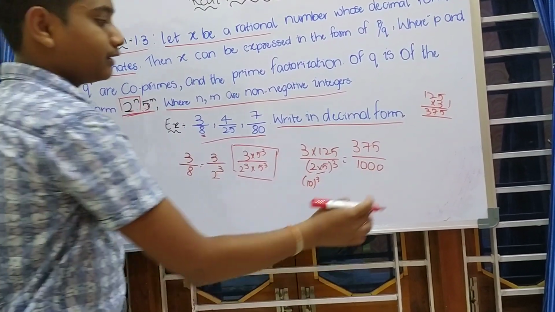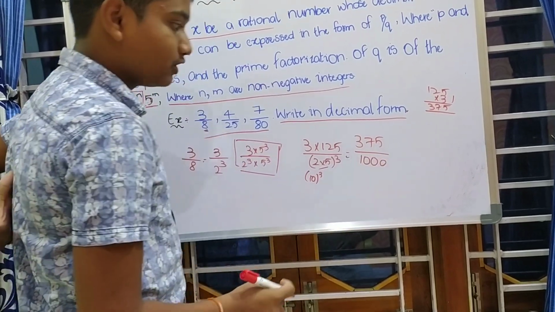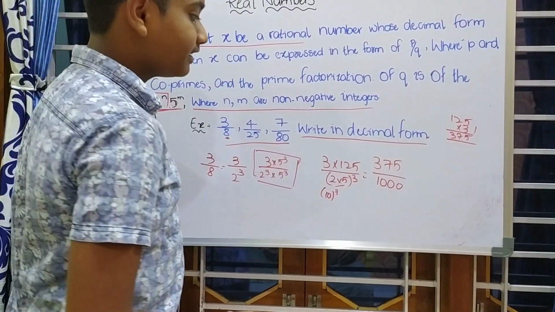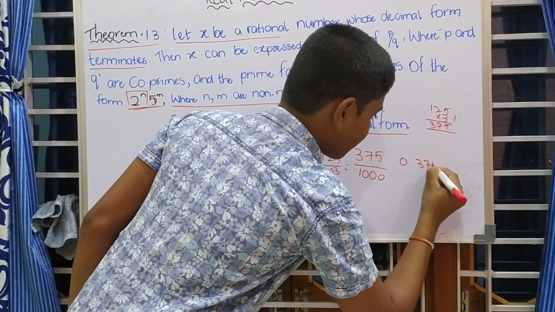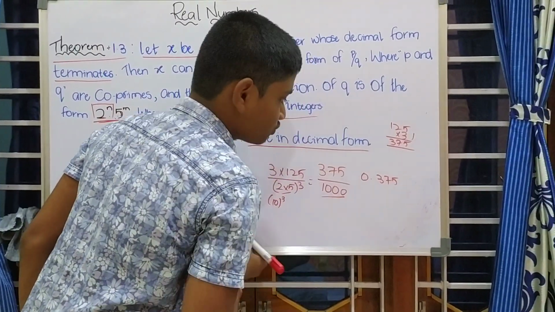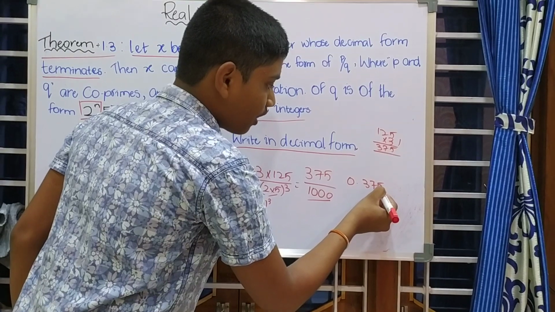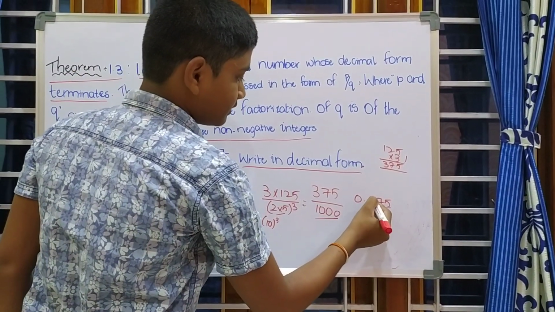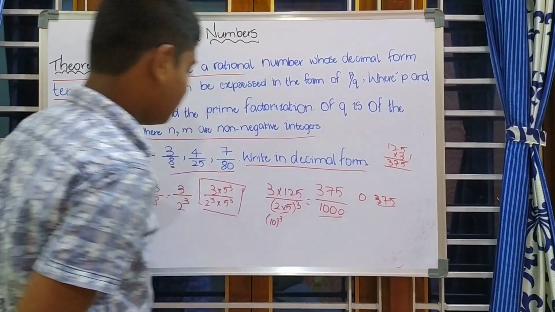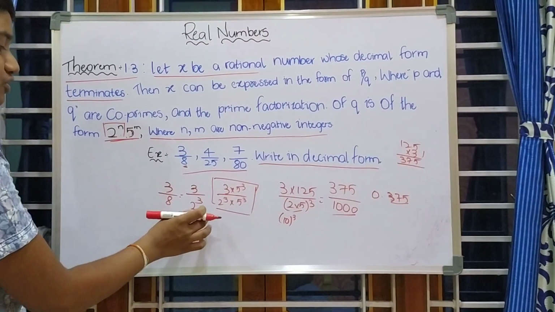Now we got zeros in the denominator. Okay, we can convert it easily. 375 by 1000 is 0.375. After the point we have to keep 3 decimal places, so it is 0.375. Okay, have you understood? First we have to change it into